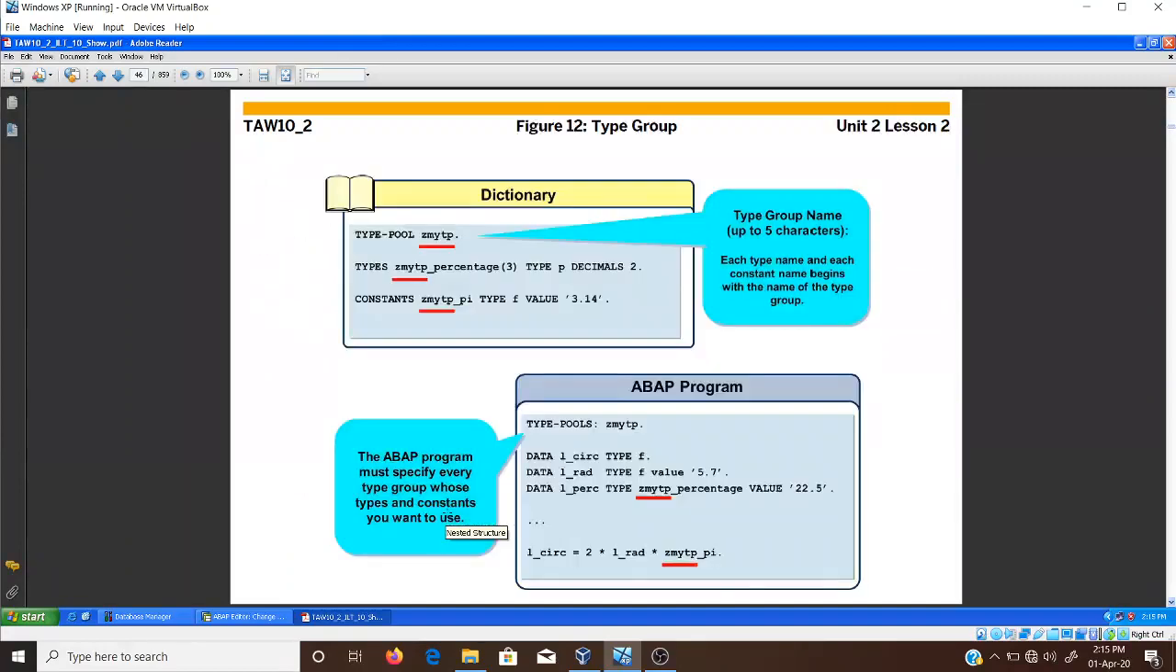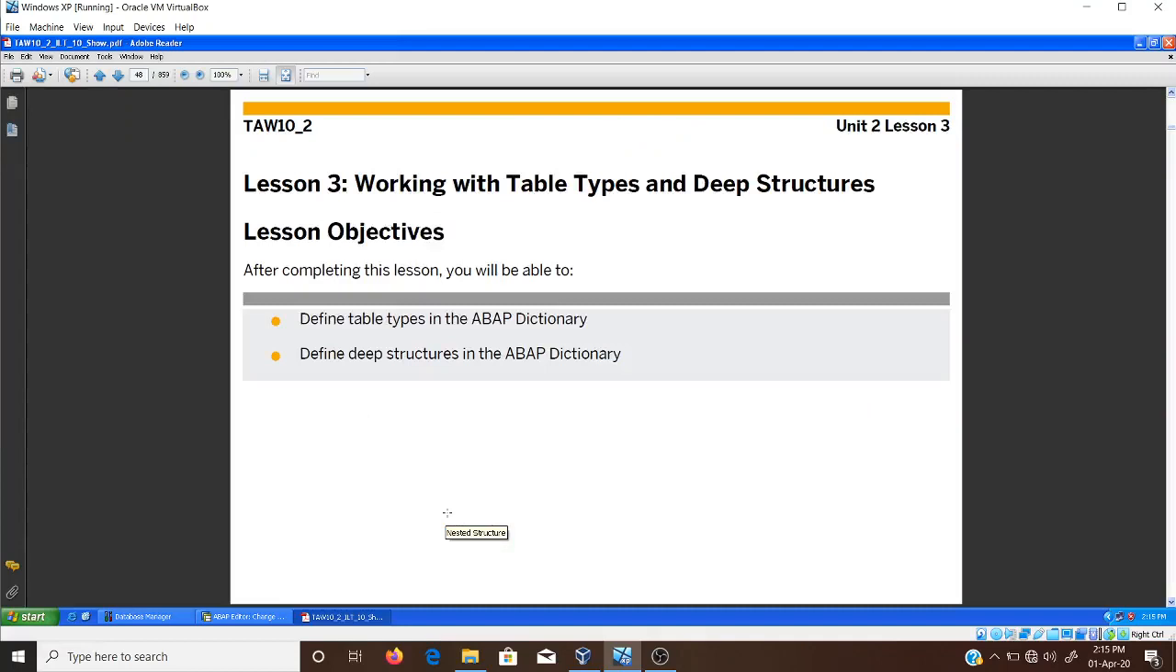This is the type group. Actually this is an obsolete feature of this SAP system. Now it has been deleted from SAP NetWeaver, so there is no need to discuss it here. The type pool. This was about the lesson number